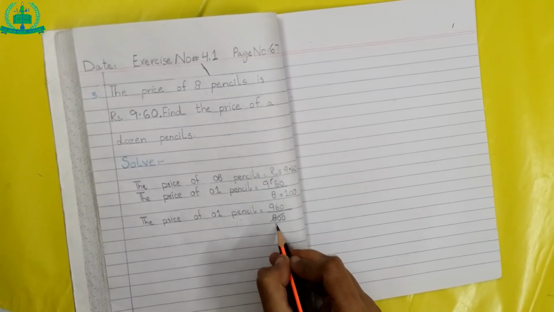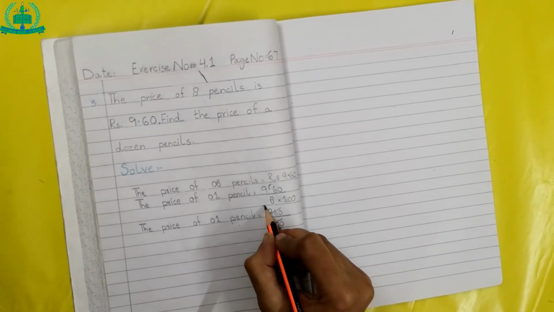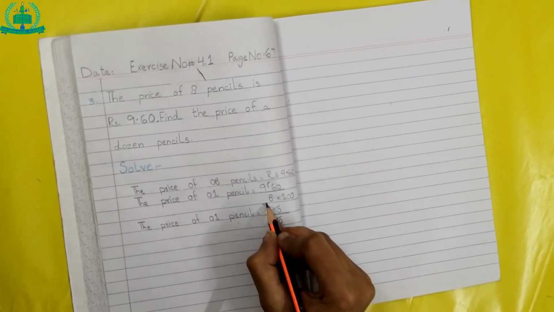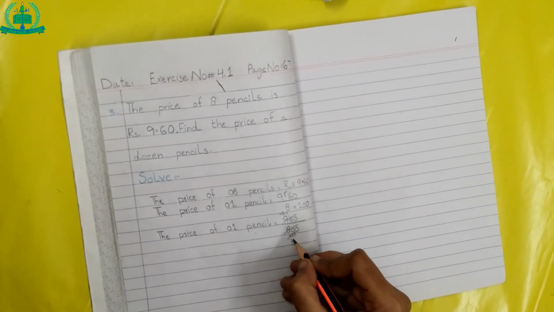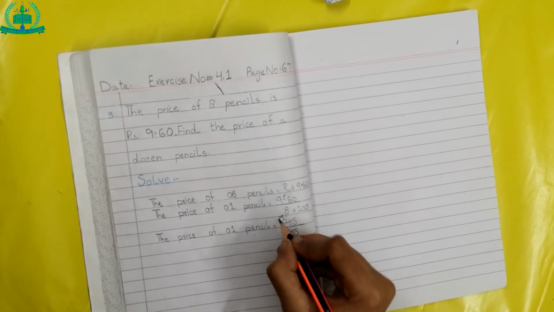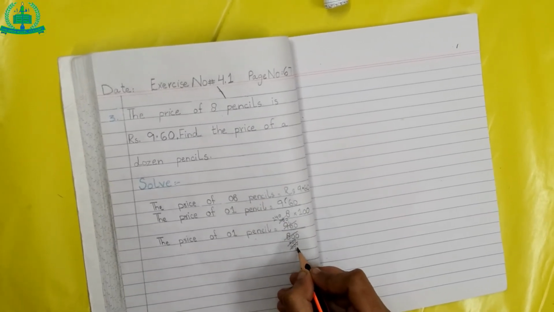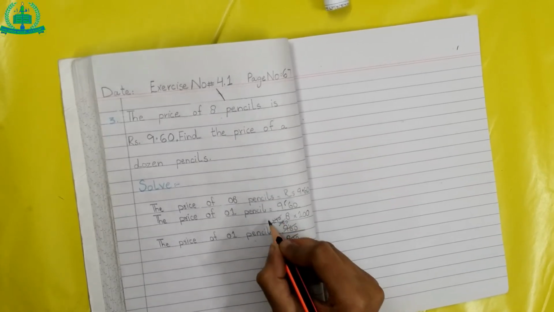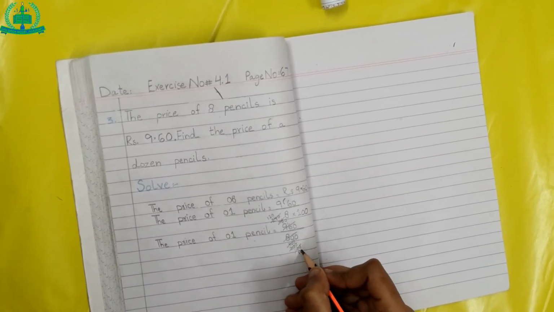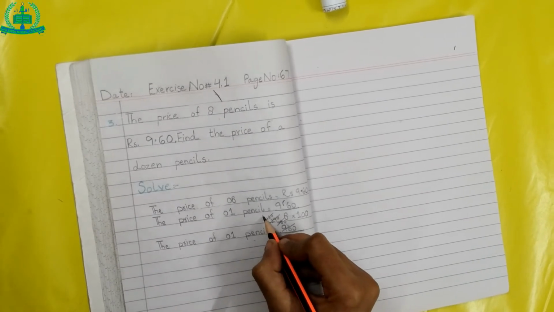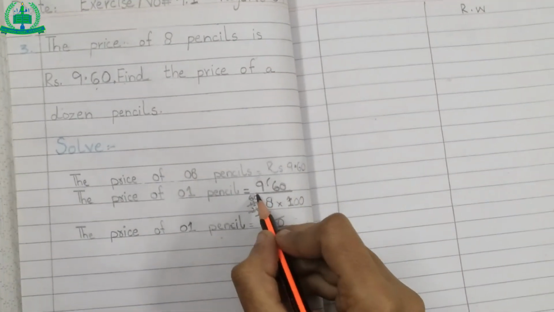2 4s are 8, 0 as it is, 0 as it is. 2 4s are 8, 9, 2 8s are 16, 0 as it is. 2 2s are 4, 0 as it is, 0 as it is. 2 2s are 4, 2 4s are 8, 0 as it is. 2 1s are 2, 0 as it is, 0 as it is. 2 1s are 2, 2 2s are 4, 0 as it is. 2 5s are 10, 0 as it is. 2 6s are 12, 0 as it is. 0 and 0 cancel.